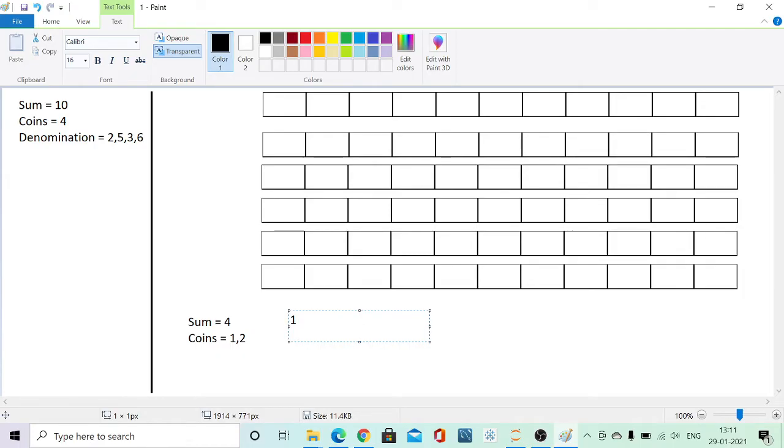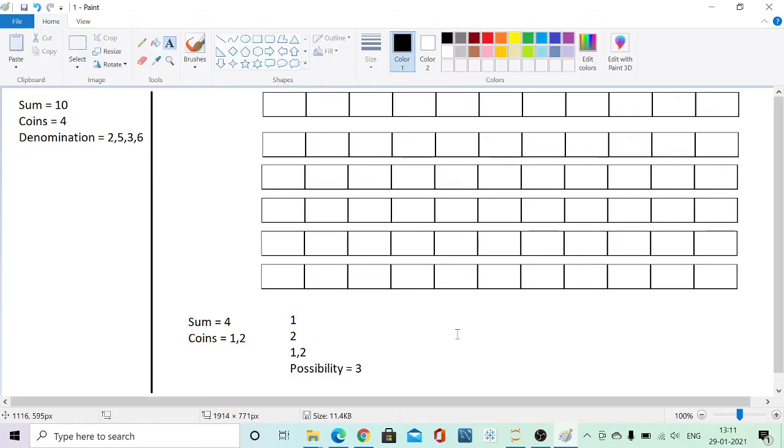Second possibility is that I use 2 coins of denomination 2, that is I am using coins of denomination 2 only. Third possibility is that I use 2 coins of denomination 1 and 1 coin of denomination 2, that is I am using coins of denomination 1 and 2. Now there is no other possibility, that is total possibility I have got is 3.